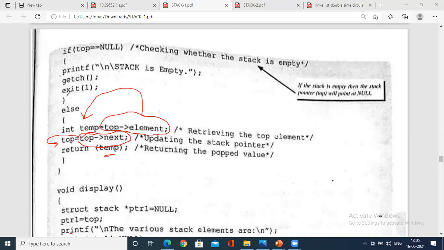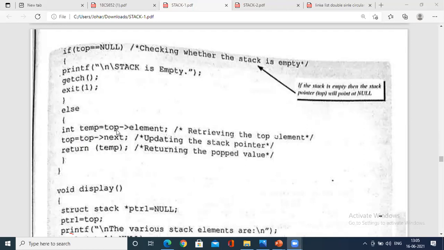This is being returned by the function called pop, and that is being copied to num2. Hence, what is being popped? Num2 is being popped. Actually, basic popping is this. This is updating the pointer. See, if you could realize the two concepts here, it is reverse here.